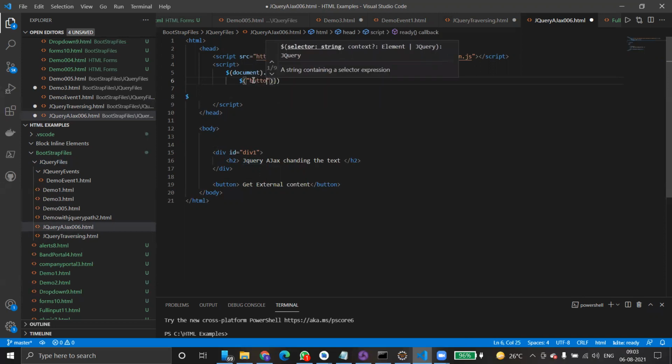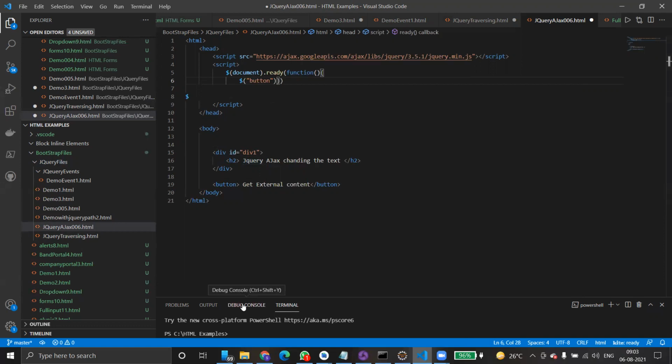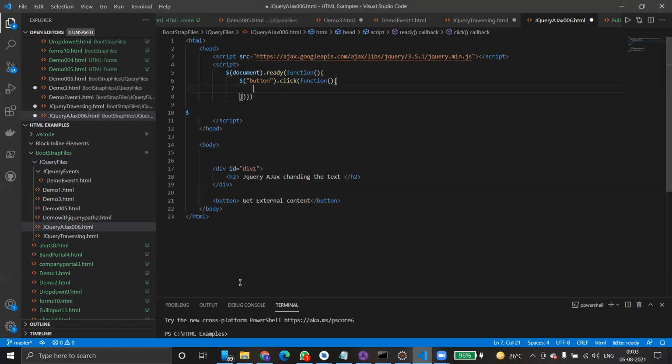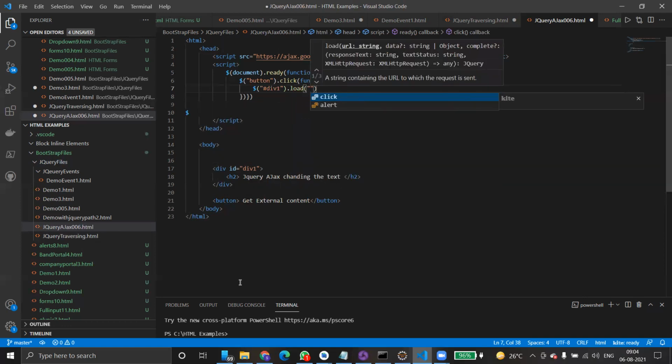Button dot click of function, another function. Inside this, another div, dollar div. I can use div1 because we have already given the id div1, dot load, of some text you want to load.